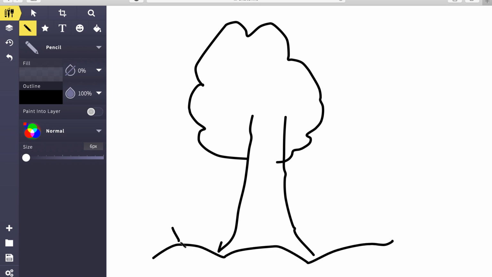and maybe a little grass here, and then maybe a little bit of flower here. Maybe a little bit of leaf. Okay, so once you're done drawing, maybe some root,